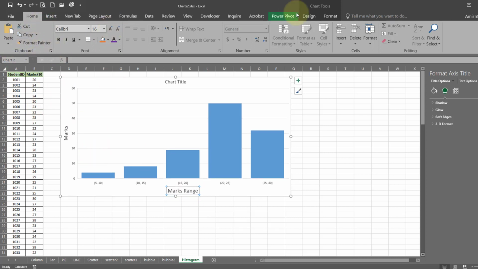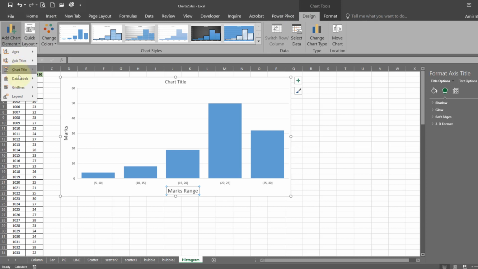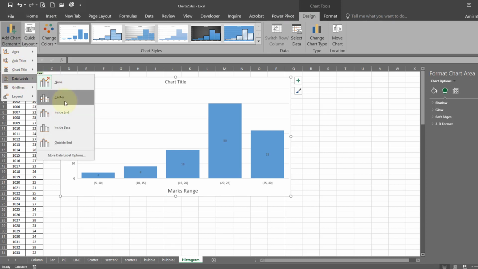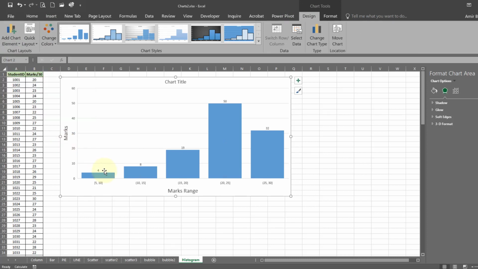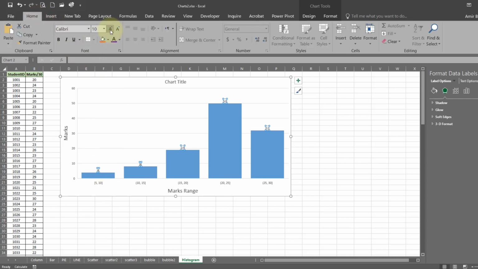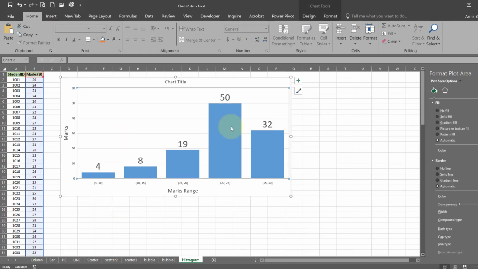We can display the values also. So you can see the frequency of marks between 5 and 10 is 4, between 10 and 15 is 8, and it goes on.